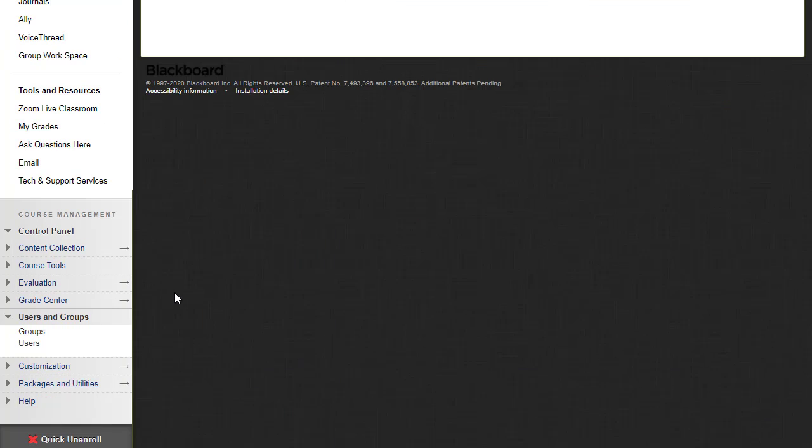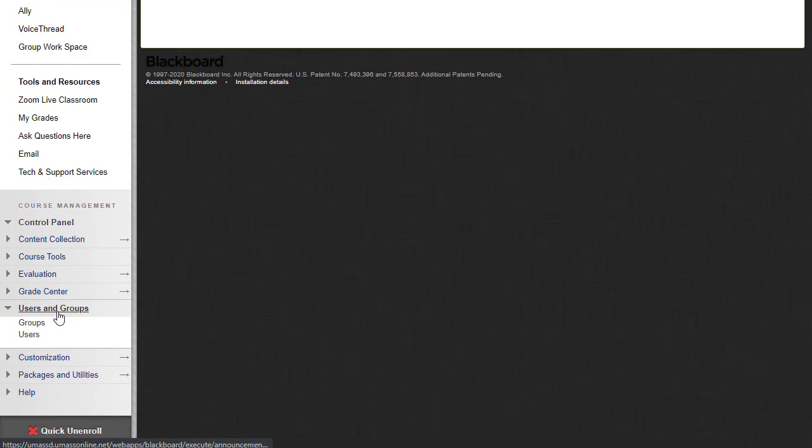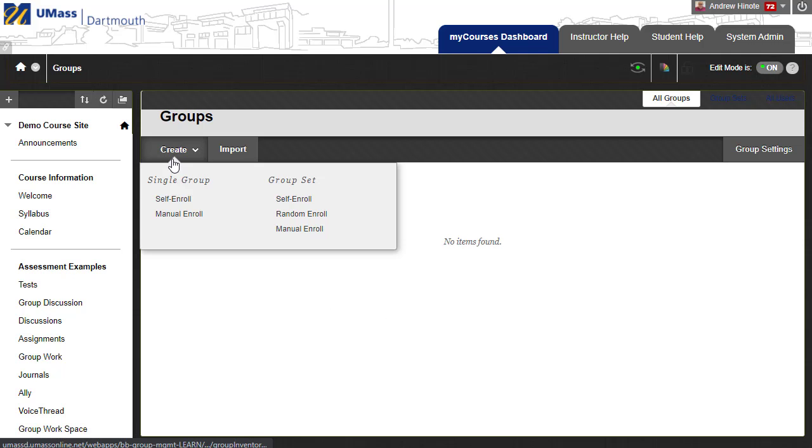To begin, scroll down and toward the bottom of the course menu under Users and Groups, choose Groups. Under the Create button, you'll see three options for creating group sets. Random Enroll allows you to create a set of groups where students are randomly shuffled into the groups that you